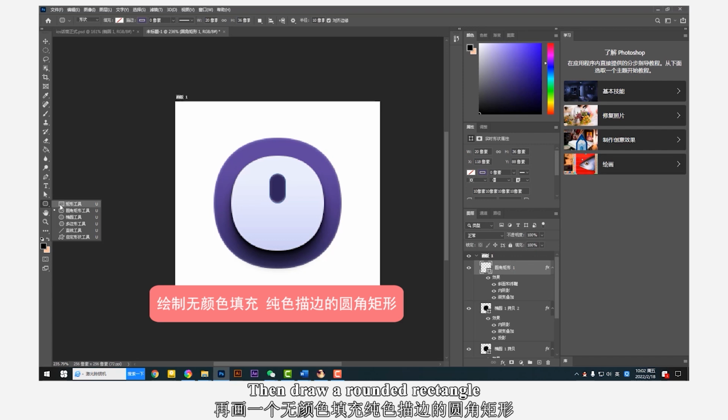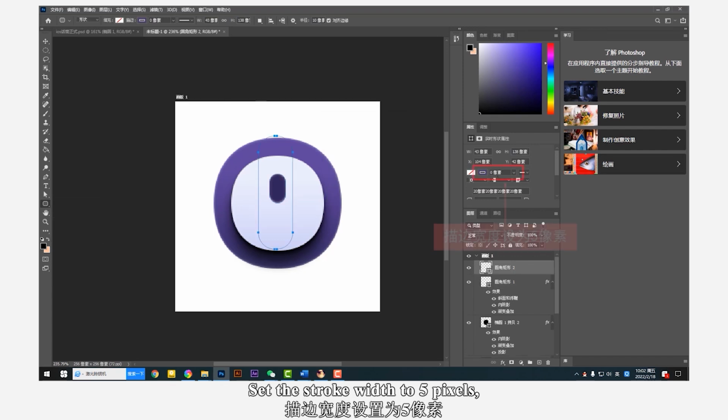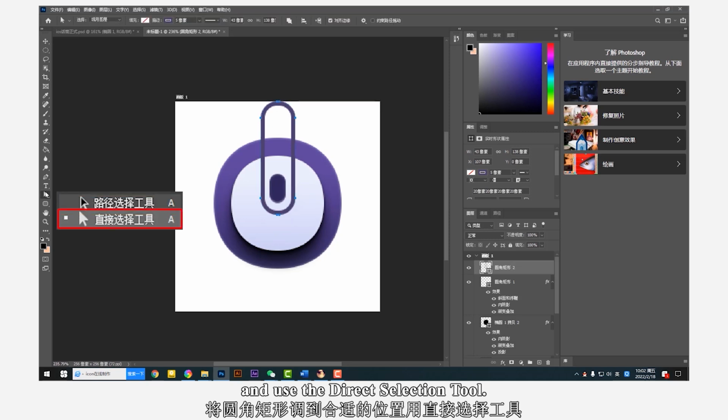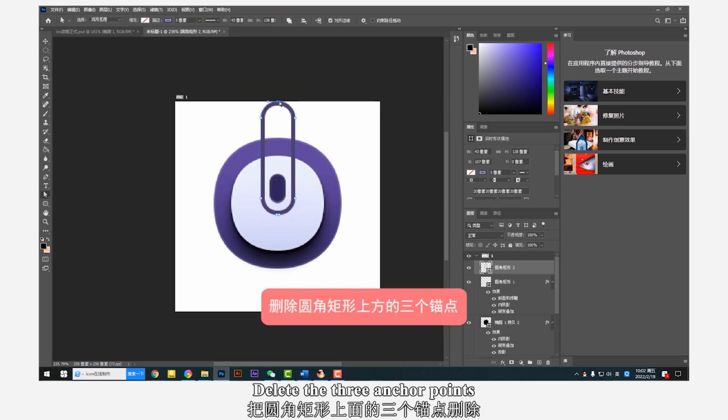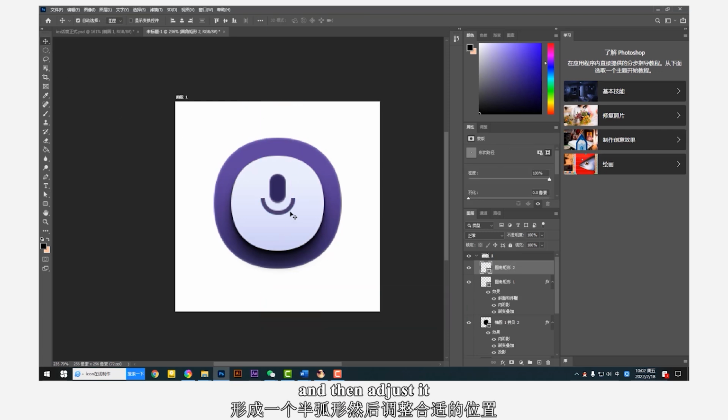Then draw a rounded rectangle with no color fill and solid color stroke. Set the stroke width to 5 pixels. Move the rounded rectangle to an appropriate position and use the Direct Selection tool. Delete the 3 anchor points on the top of the rounded rectangle to form a semi-arc and then adjust it